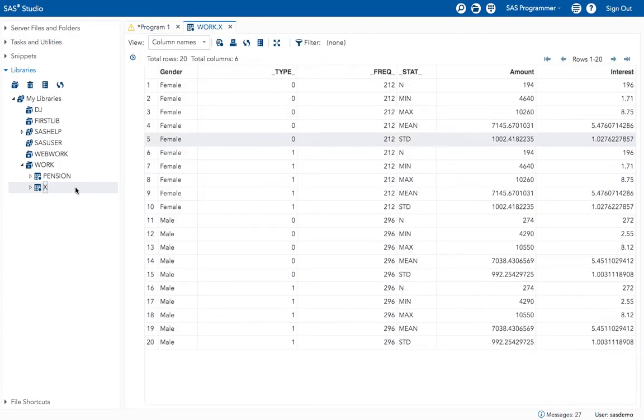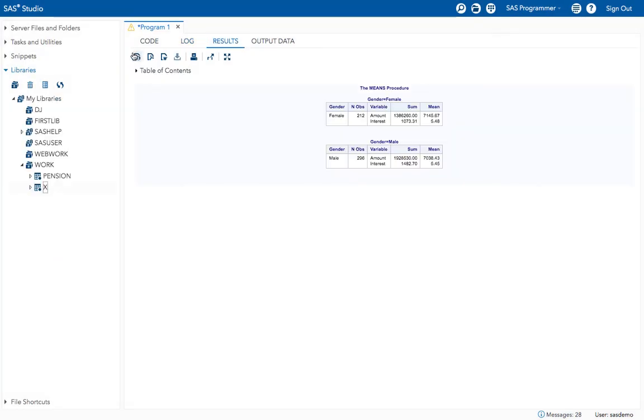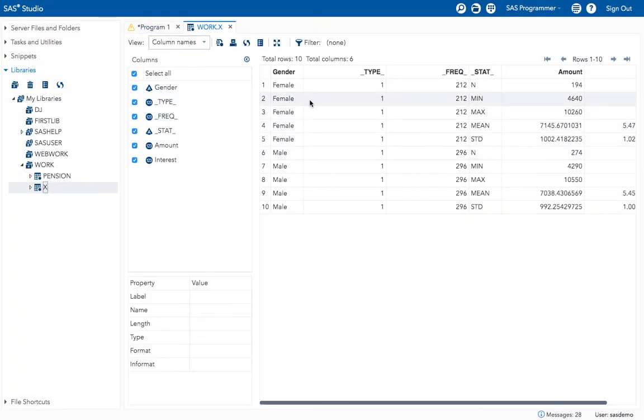Okay, see now what I will get, execute the program. Okay, let me execute this again. See now I got only the mean values, the statistically generated values only in my output data set. I didn't get any descriptive values which were generated by default. Okay, like this we can minimize the values, or else we can avoid the overall statistics in the output data set.